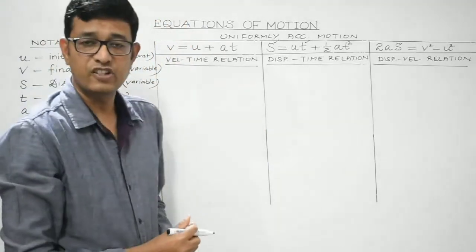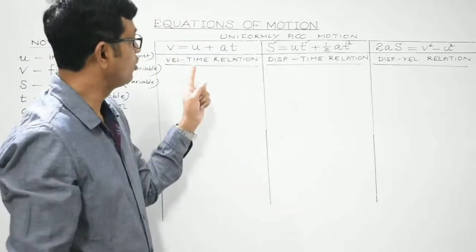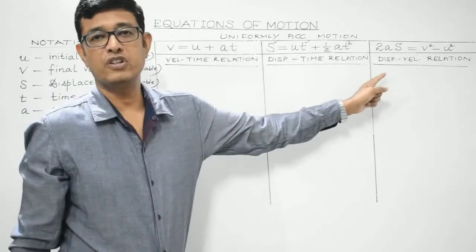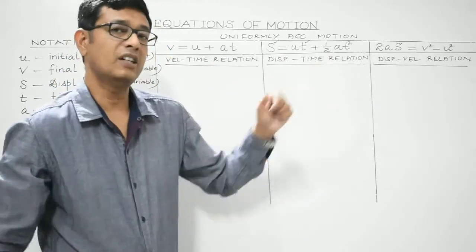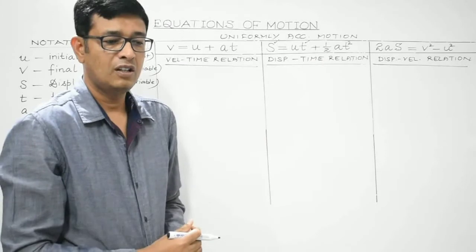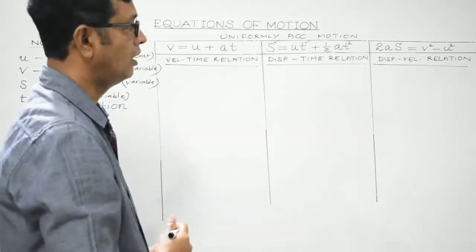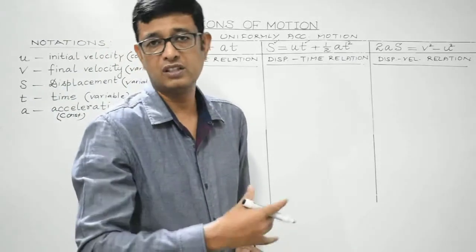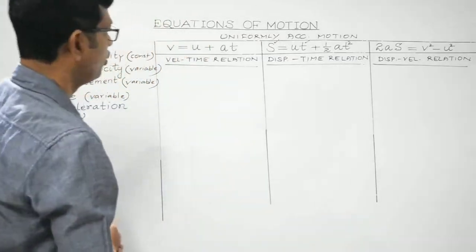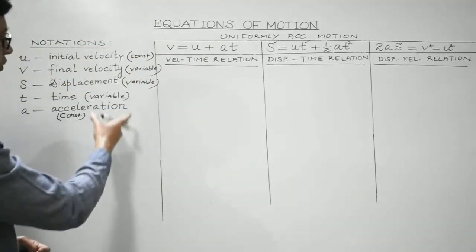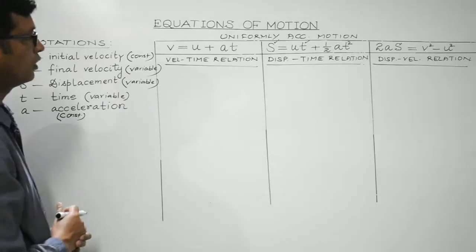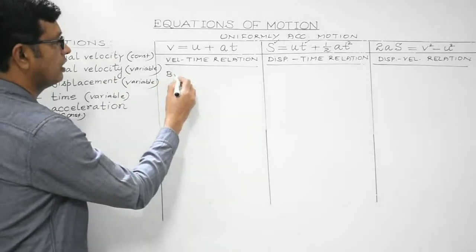So in this session, we are going to prove these three equations. We are supposed to mathematically verify these three equations. We will start with a normal method, from the point of view of junior classes. So what we do is, we are aware of these notations, right? By definition, we are aware